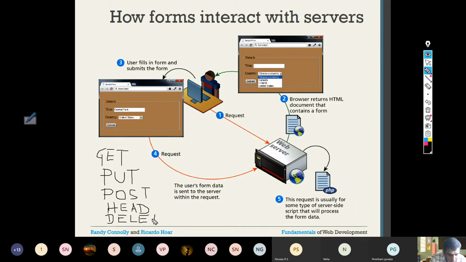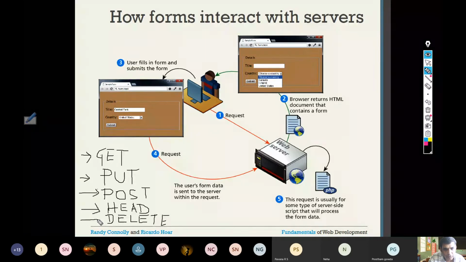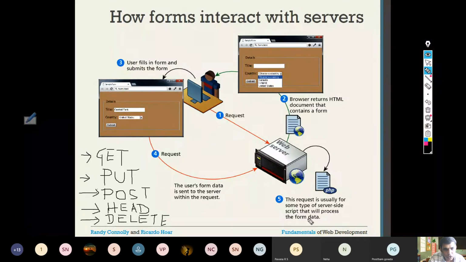So you might have studied these 5 methods in networking when we discussed the HTTP protocols. One is the get method, the other ones are put, post, add and delete. They have their purpose. Between the communication between the client and server, the web client, that is your browser, and your server, these are the 5 methods that will be used under different situations.